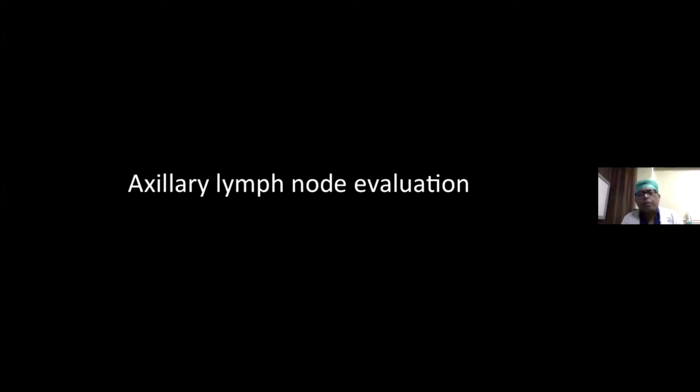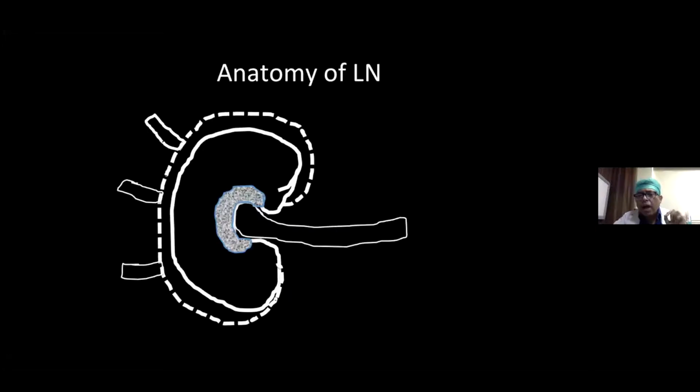Again, for the sake of postgraduate trainees, I have put this slide, which is the axillary lymph node evaluation, and how you are going to evaluate the lesions, and when you are going to understand it is clearly malignant, and when you are going to understand it is benign, and what is the in-between zone. Now look at this. This is the architecture of a lymph node. And what happens is that